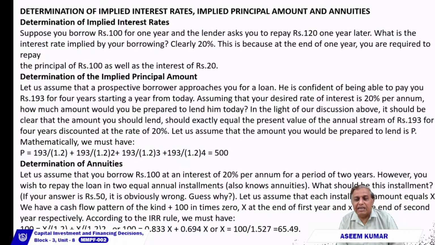Let us assume that each installment amount equals X. So we have a cash flow pattern of the kind plus 100 at time 0, X at the end of 1 year and X at the end of the second year respectively. According to the IRR rule, we must have 100 is equal to X